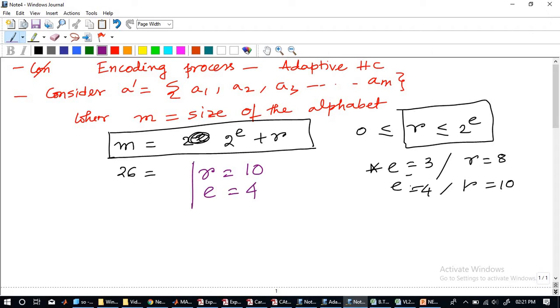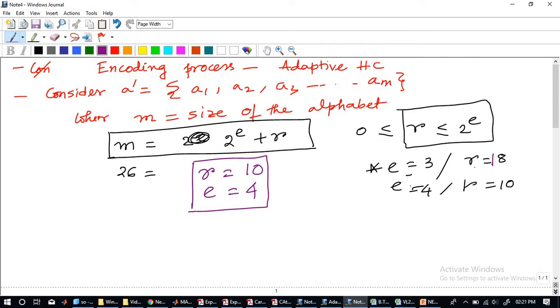I'll make a box because this will be referred to in due course of time. For the first option, R is 18, it should not be 8. Now I think you have understood.